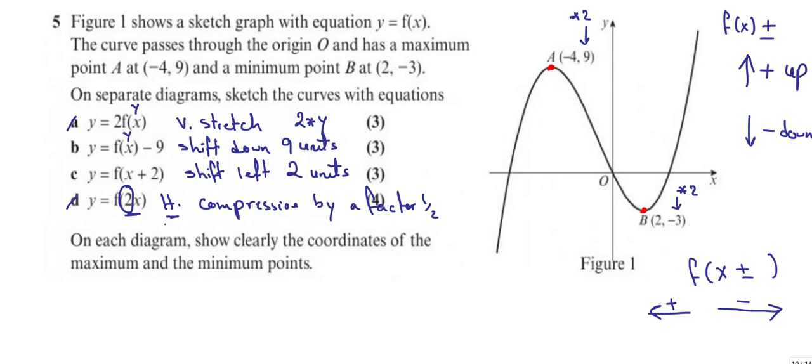Always, when I have a horizontal compression or stretch, the first thing I do when I see f of some number multiplied by x is take this number and flip it. It's half. So this is how you do it: you multiply x by half. I go to the x value and multiply it by half. Very simple. The same method applies to this point, and the zero point follows the same rule, but it will not affect anything